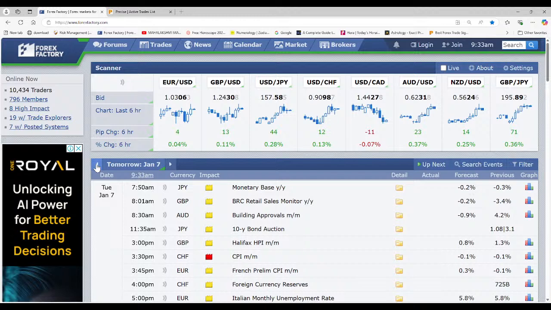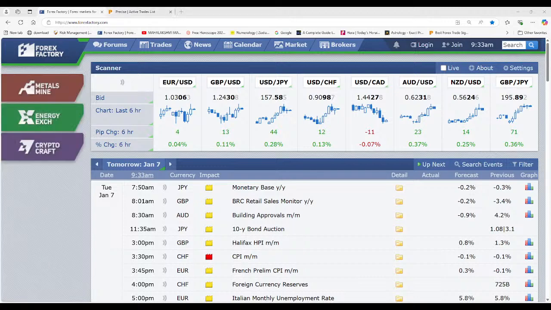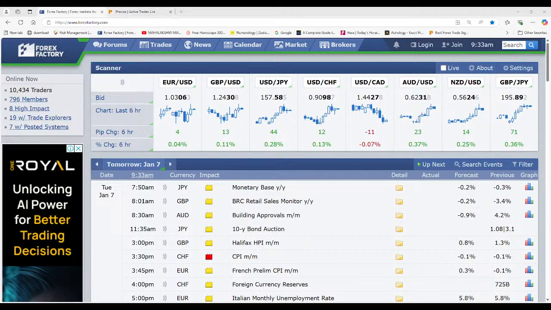The reason why we are looking at all this data is that once we know what the data is, at least we can concentrate on those currencies, and we can get a big move happening. So that is one of the reasons why we are doing that. So let's move on to our live analysis. When I say this, it means it's a weekly market outlook: what is to be expected?